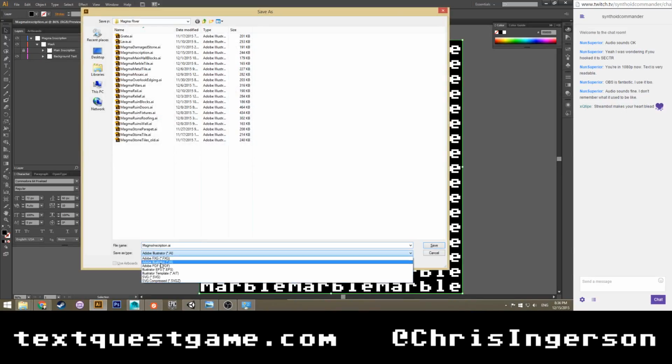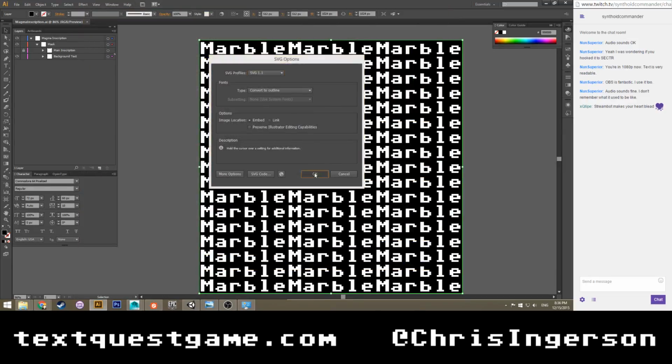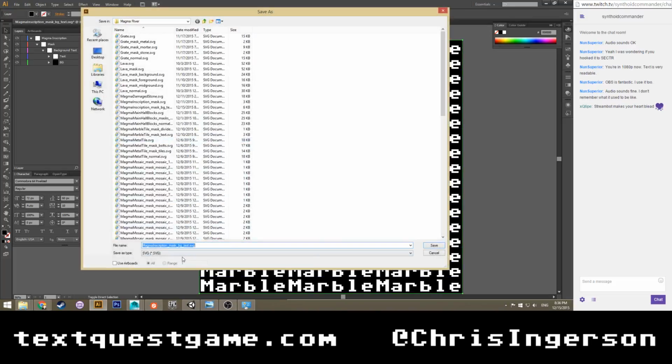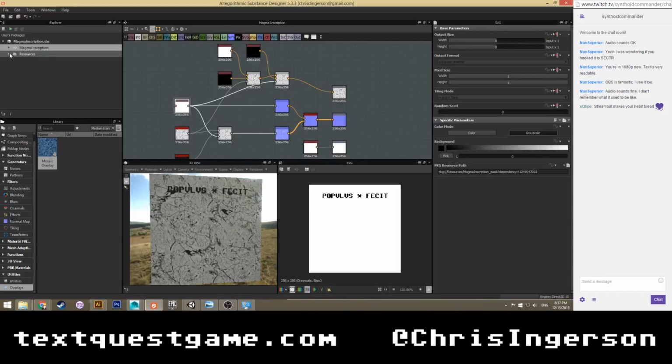Let's save it as an SVG. Mask BG text. Ah, crap. I forgot to delete this. Hold on. Delete that. Let's try that again. Save that. Yes. Let's replace it. Okay. So now let's go back here.